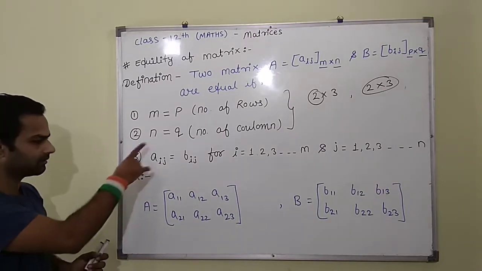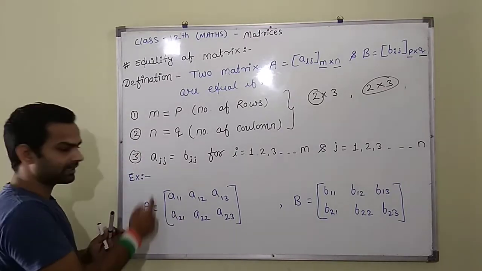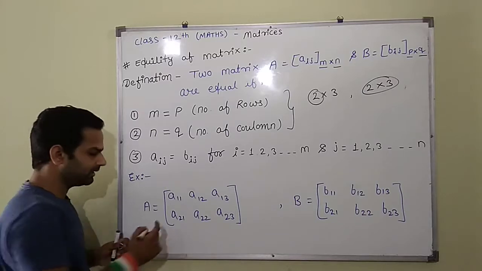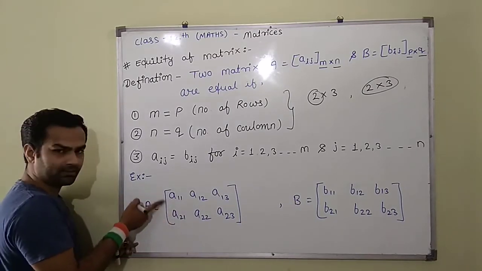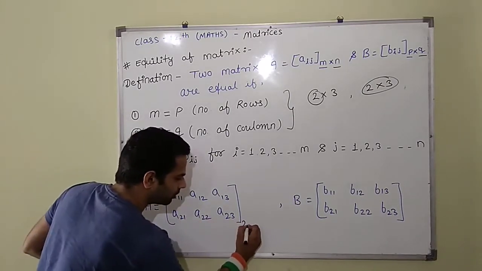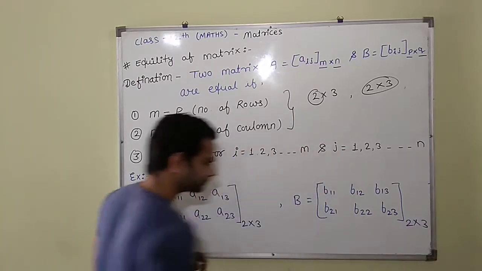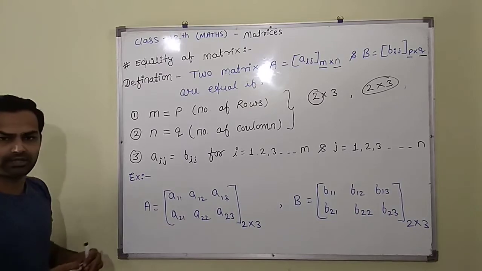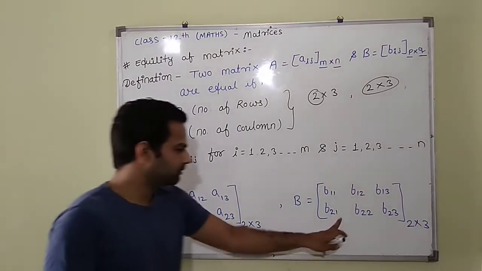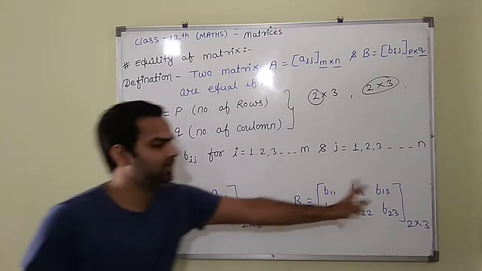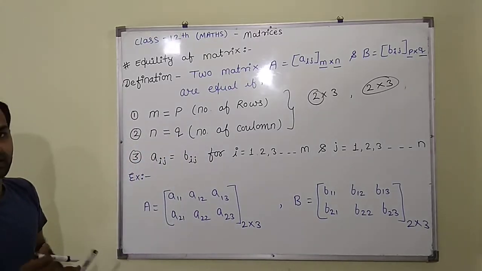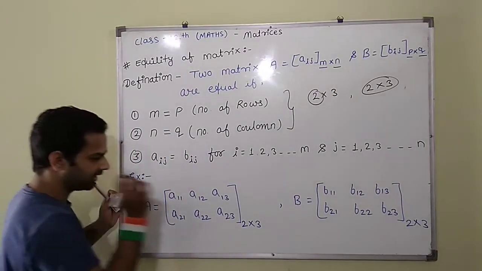Let us see this with an example. Here we have taken two matrices A and B. The order of matrix A: how many rows are there? 2. So it is 2 cross 3, and the matrix B is also 2 cross 3. So the first two conditions are satisfied: the number of rows is equal, the number of columns is equal. Now if we talk about the third condition,